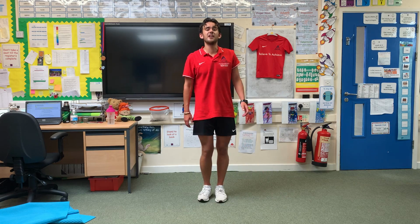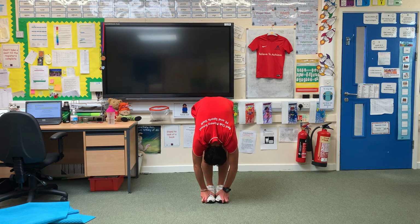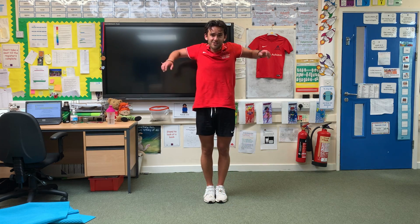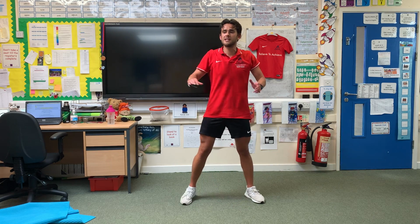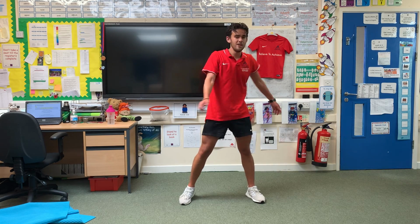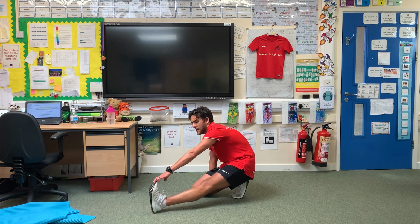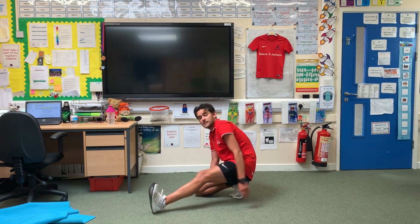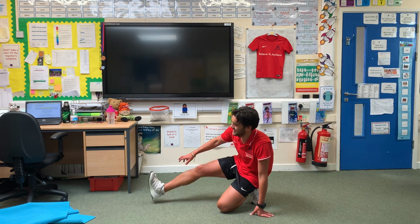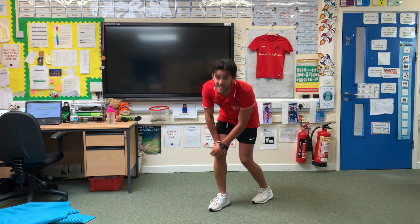Let's put our feet together, hands up, touch your toes. Roll the shoulders back. Let's do a couple of twists. 1 and 2, and 1 and 2. Let's dip down onto one knee. Stretch out your left foot with your left hand. Do the same with your right foot and your right hand. Get yourself onto your feet and